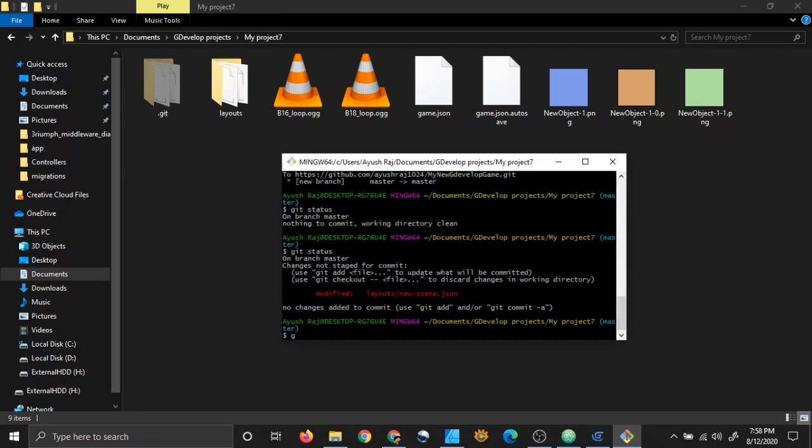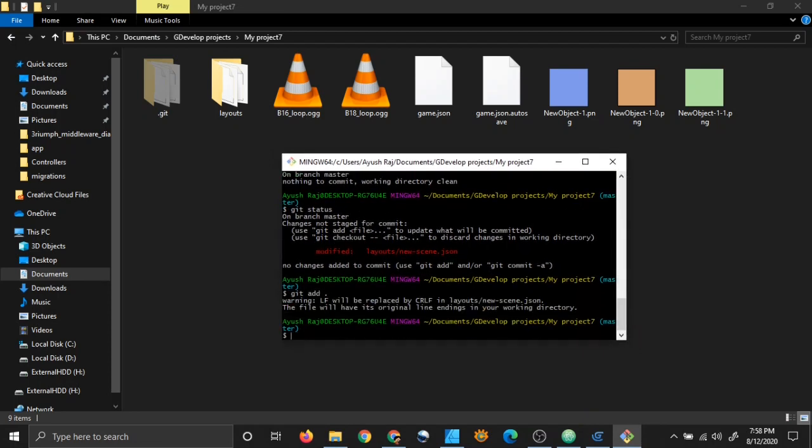So to do that, just type git add dot, which will add all the changes in your staging area. The staging area is an area from which you can commit the changes to your repository. So it's a technical term, you don't have to go into it a lot. Just know that you have to type git add dot command after making changes.